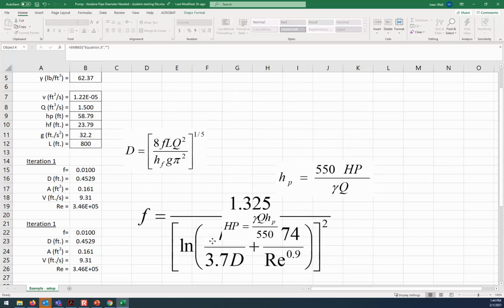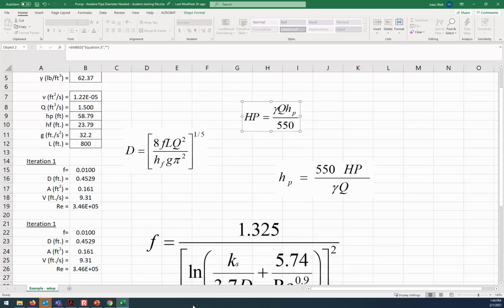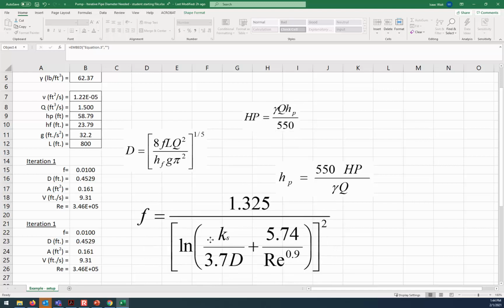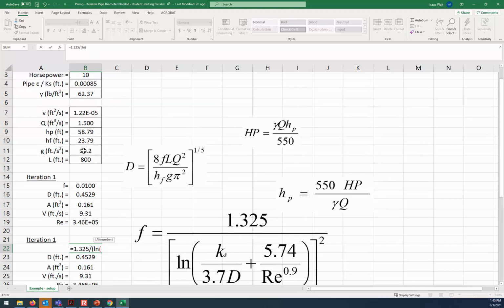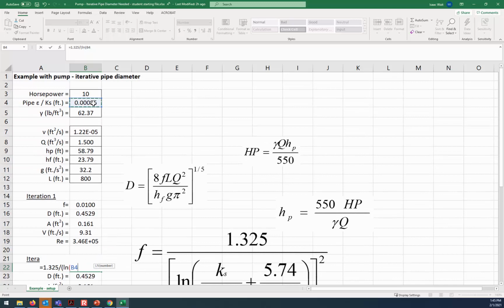Now I could use the Jane equation, which will give me a more accurate estimation of F. So now I'm going to type that in. 1.325 divided by the logarithm of K sub S, here's that, anchor reference, and just take a quick note, that's in feet, so